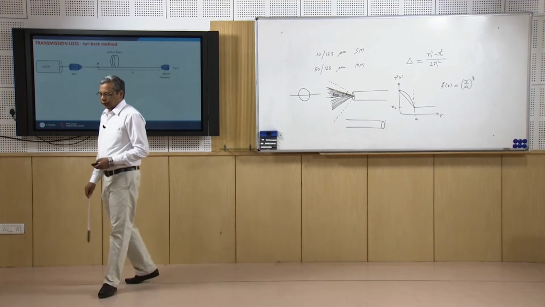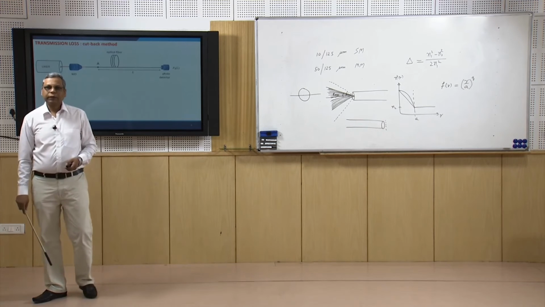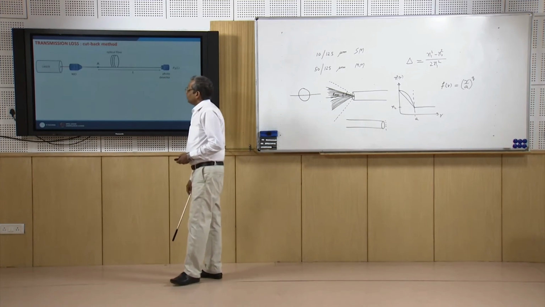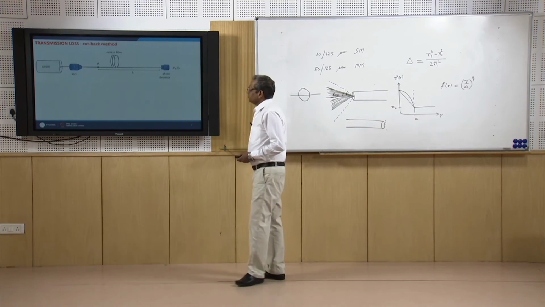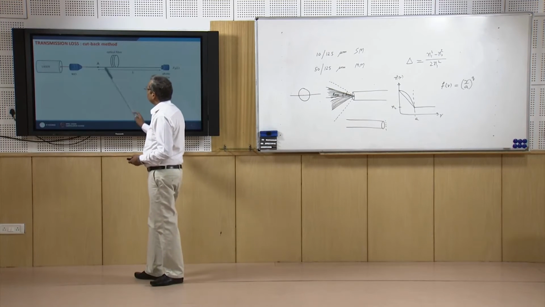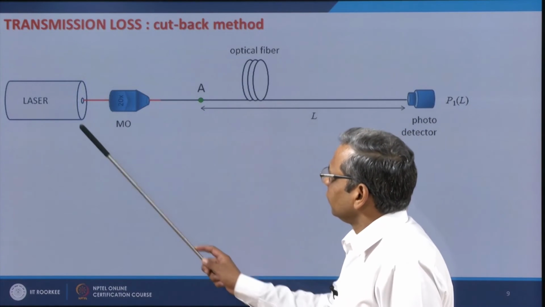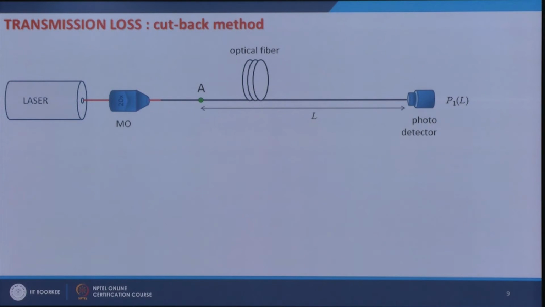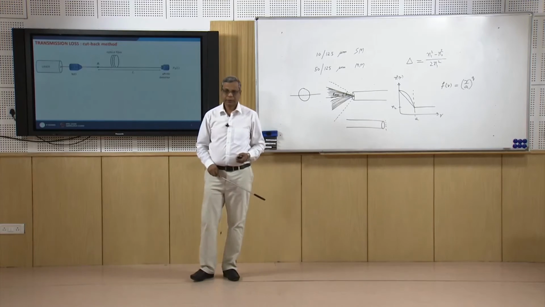Then I also need to find out what is the loss in the fiber. For this the method is very simple. You again launch light into the fiber from a laser using a microscope objective. You take a long fiber, it might be a kilometer long fiber,